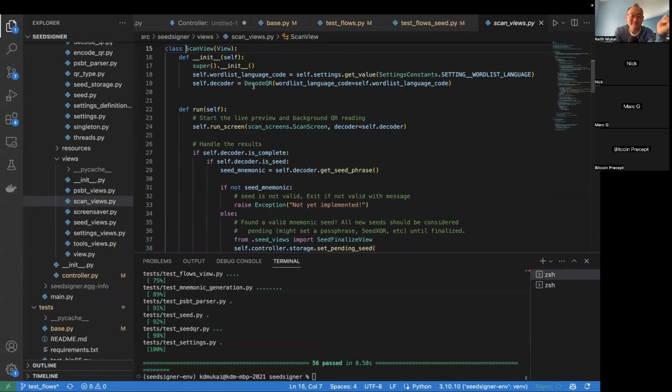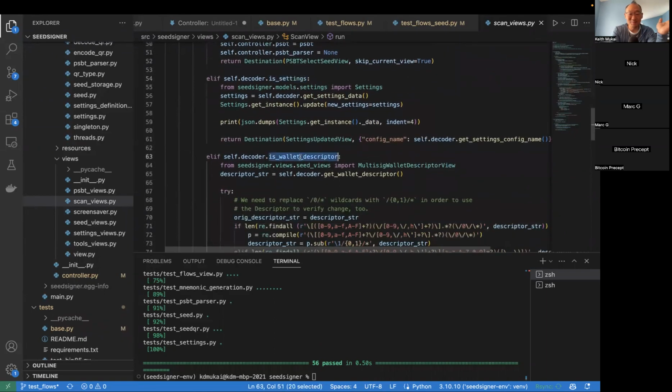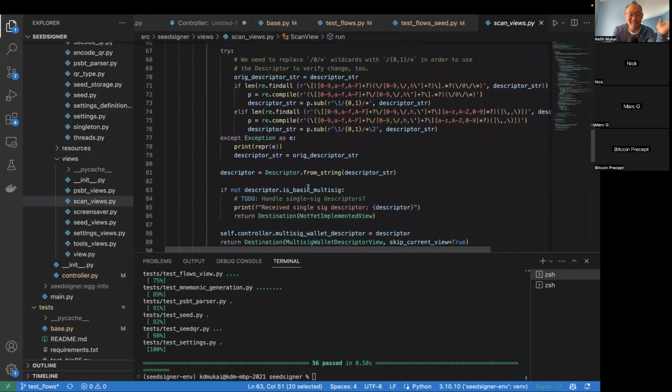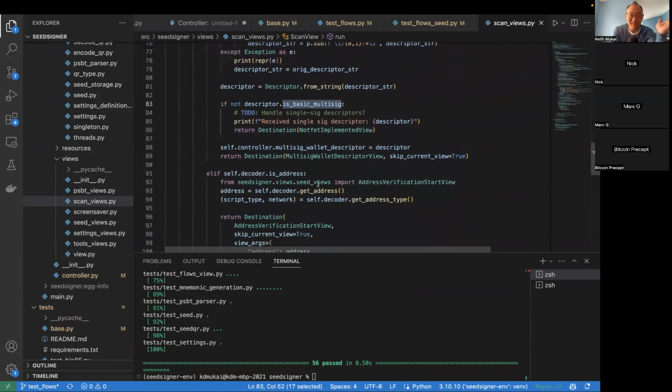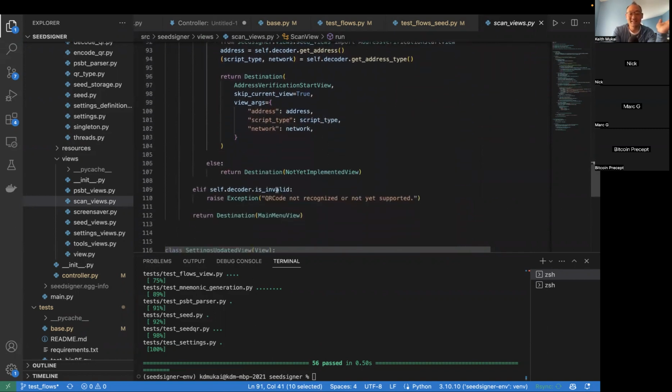Yeah, it does the whole decode the QR back into self-decoder. Every QR. So not just seeds, but PSBTs, settings QR, wallet descriptor QRs, multi-sig descriptor QRs, single address QRs. I don't know what it is, QRs,